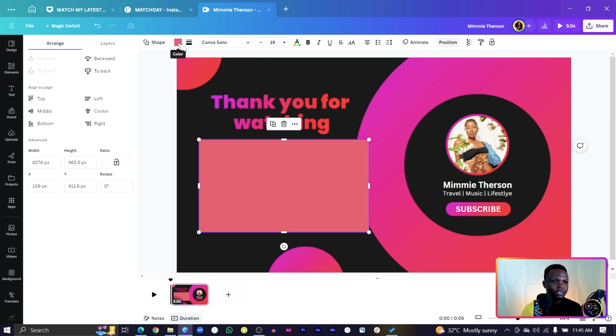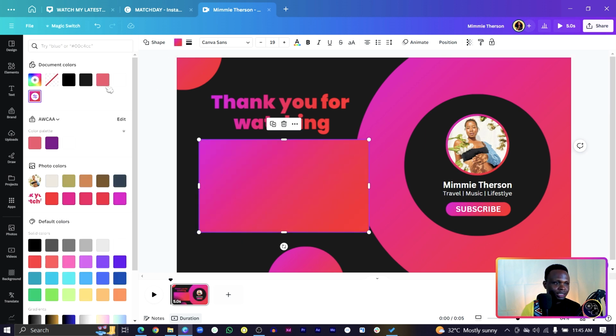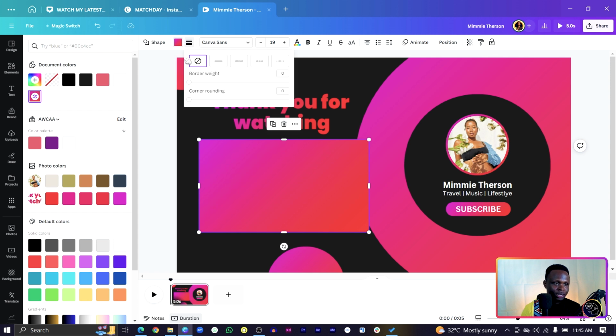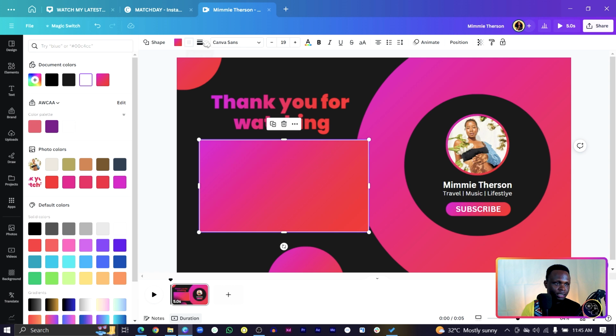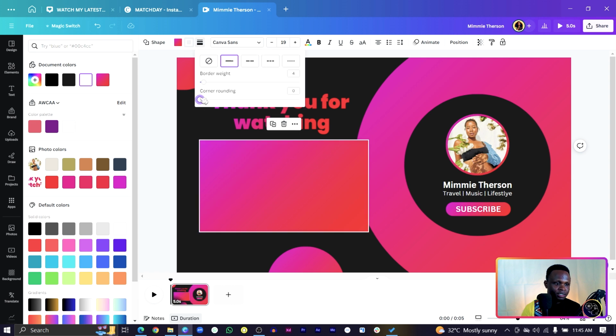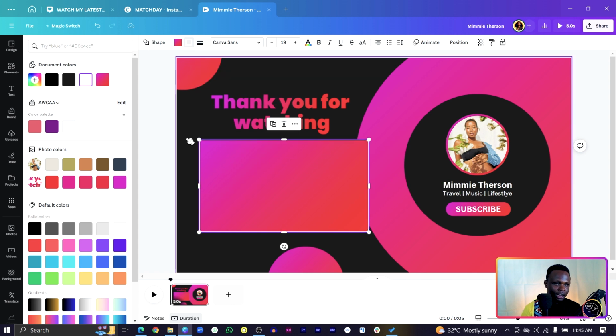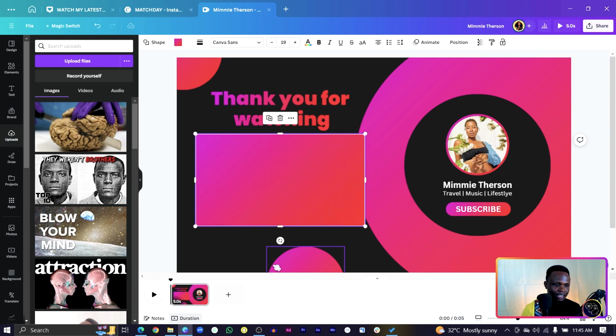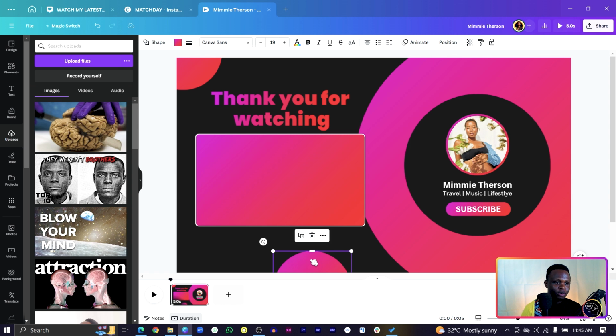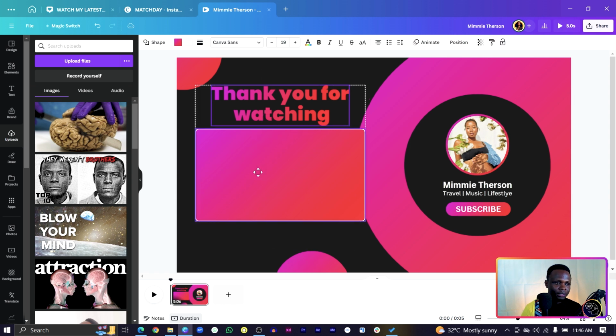Then the gradient, we'll also set the same gradient, then come to the border style, choose line. Make sure the color is white, so you can choose white for it. Then come to the border style and increase the corner rounding, for something like that. Then what we are going to do next is maybe move everything up a